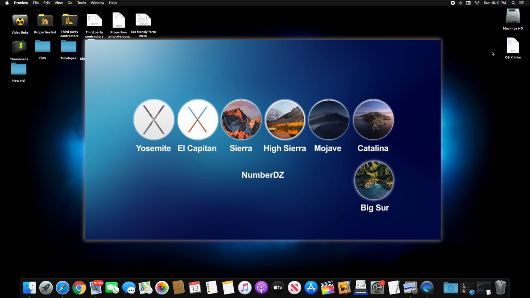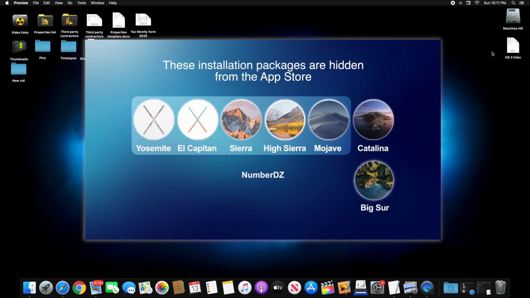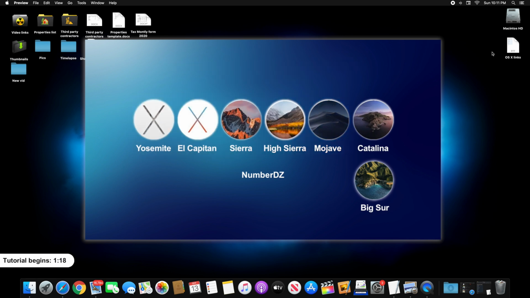Apple wants you to install the latest software available. That is why they hide the older OS X versions from the App Store, and they don't make it easy to find them. But today, I am going to show you how to find them and download directly from Apple's servers. The Mac OS X versions that are available to download are Yosemite, El Capitan, Sierra, High Sierra, Mojave, Catalina,